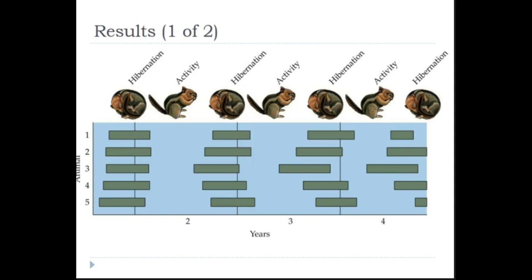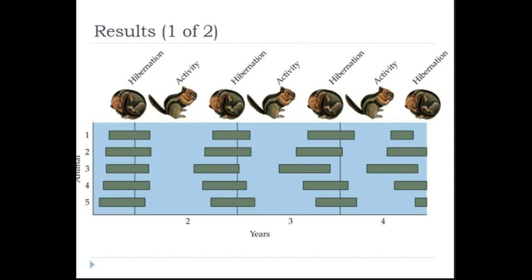And the answer is that in many cases they do. So here's a little chipmunk. Chipmunks, these are little ground squirrels. They alternate between a hibernation state and an active state every year. So during the winter they hibernate, and then they come out during the spring and stay active until the fall. They're starting to get their stores up and they're just approaching the time when they're going to start hibernating. I see them on roads a lot right now. So here are 5 animals that they did this experiment on. 1, 2, 3, 4, 5.